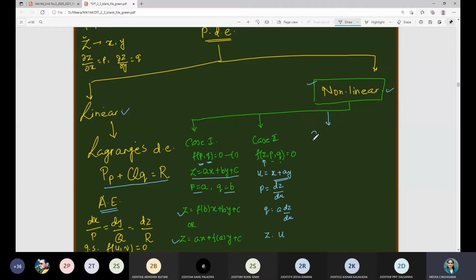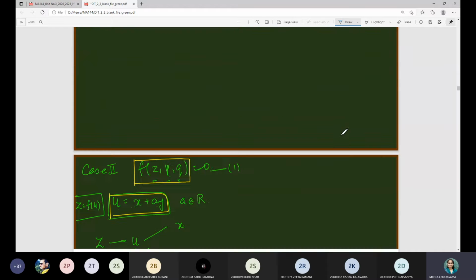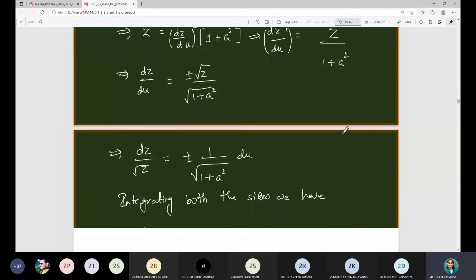Today we are going to talk about case 3. If you see the first case, only p and q are involved. In the second case, we allowed the z variable. Now we will consider the case when the x variable and the y variable will also be allowed, right? So whenever your expression is in terms of x, y, p, q, it will fall under case 3. How to solve such a case? For that I will consider the method now.